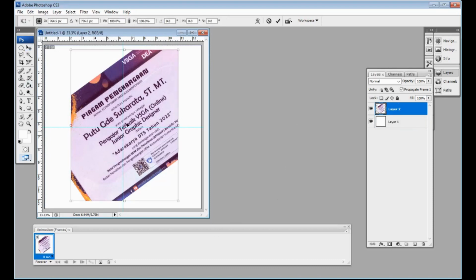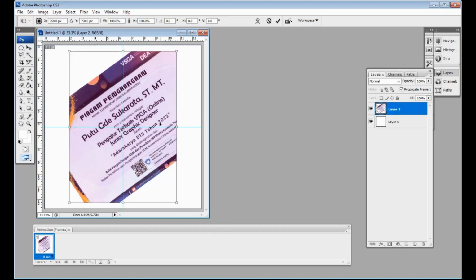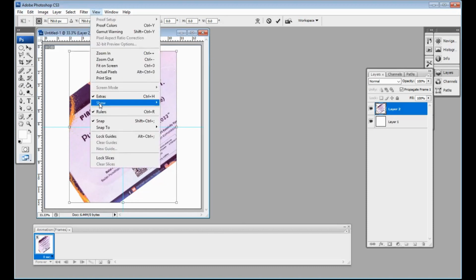Okay, this is the center point of this image, and we can move it here. Don't worry, because we use snap.